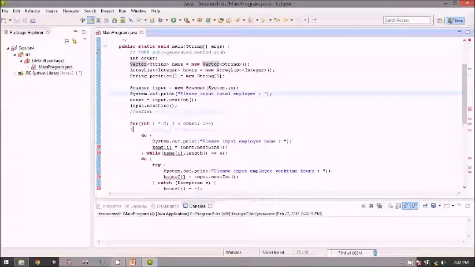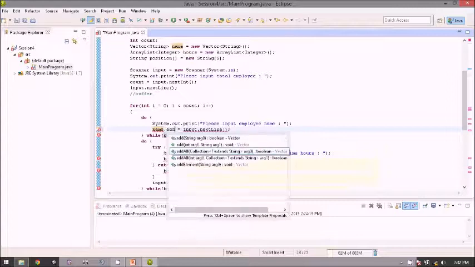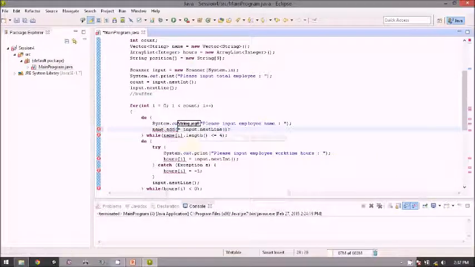Okay, first, there is a bit different approach to use vector to store the input. Like this one, if we use array, we must give the index, so the index is i. But if we want to use vector, we just need to remove the index and then use the add function to add the input from the user into the vector name like this.